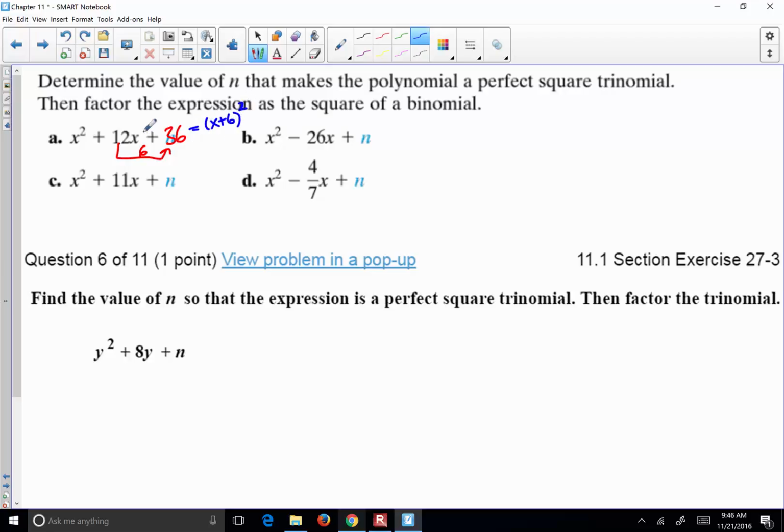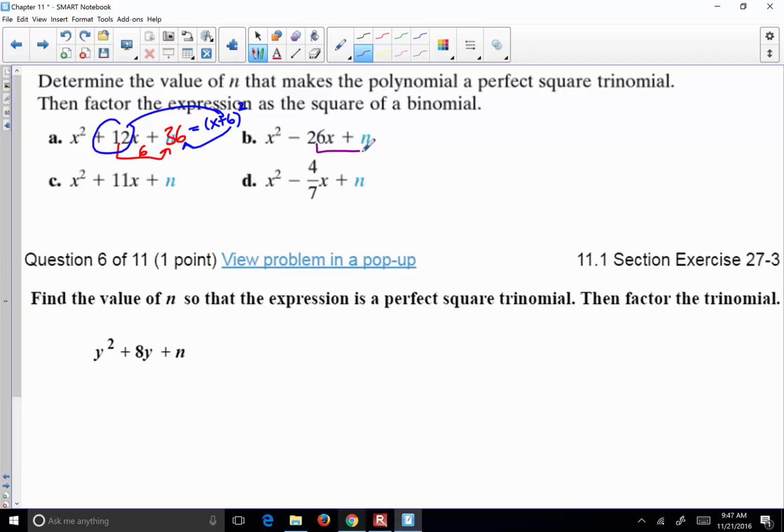How did I get 6? By taking half of it. I took half and squared to find it. So what is the missing number for part B? To make this a perfect square, n should be